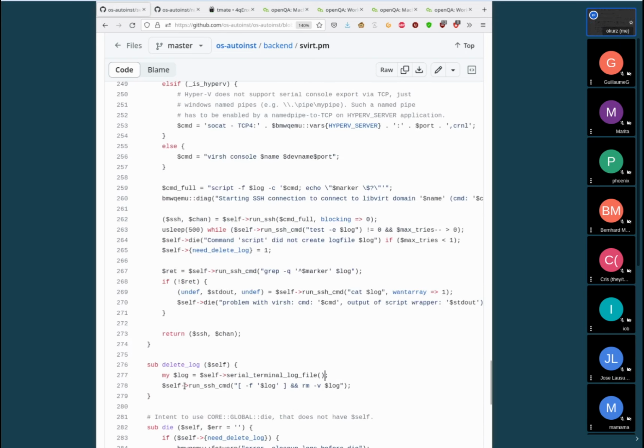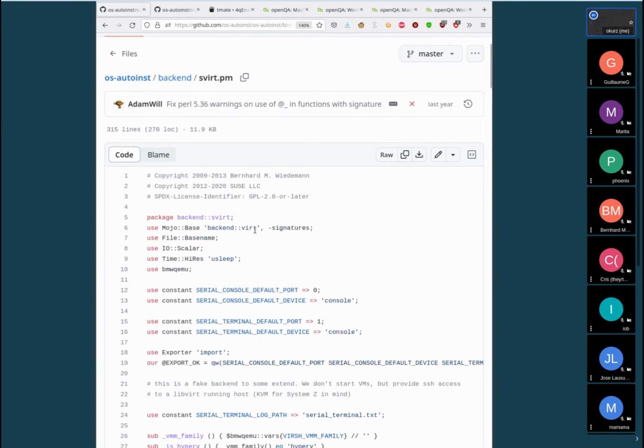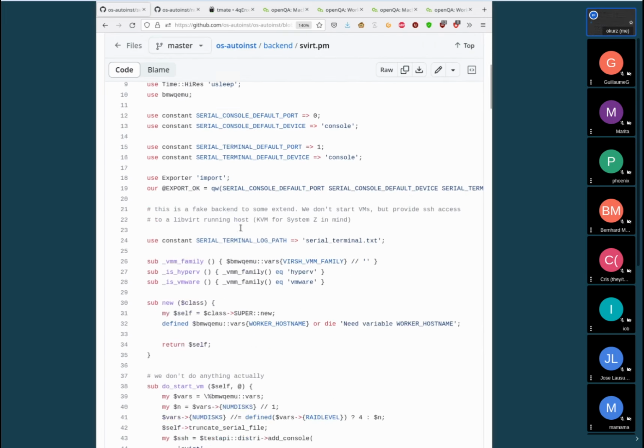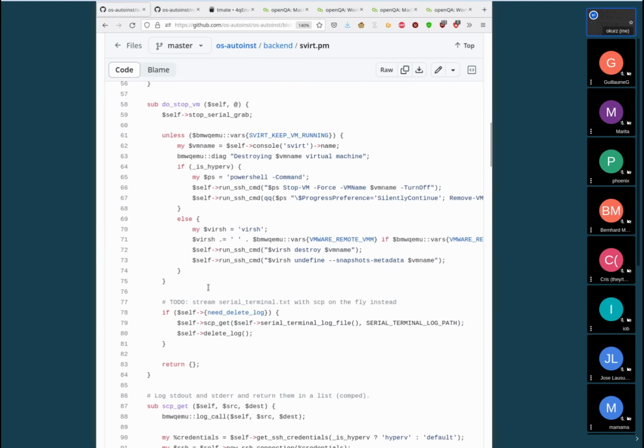Okay, looking at that code, what I see is that we have a nice object-oriented structure where we say this svirt backend, which you can select by backend equals svirt in your test or in the OpenQA worker accordingly, derives properly from a base class and implements an interface. I would say the software design is not clear in that those variants like Hyper-V and VMware are mixed in